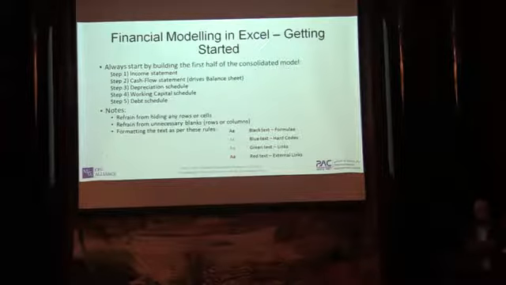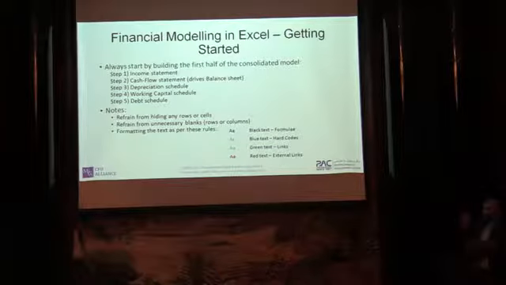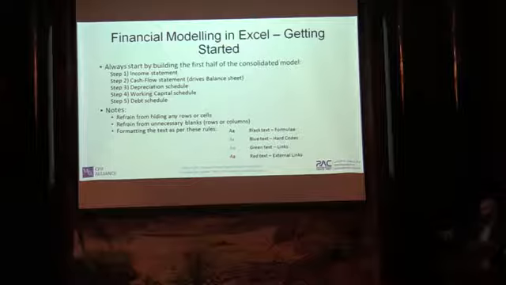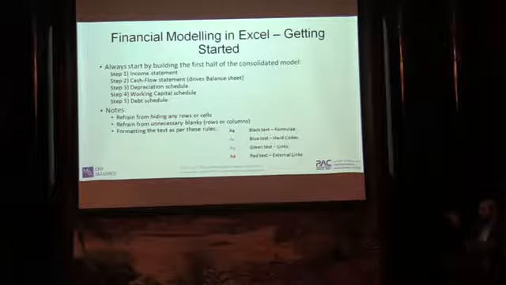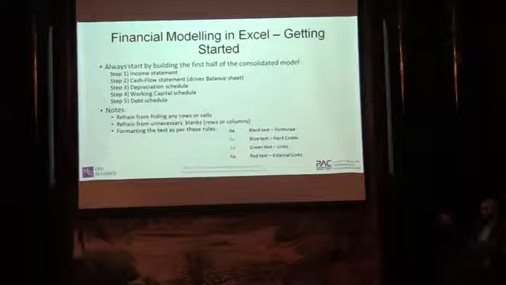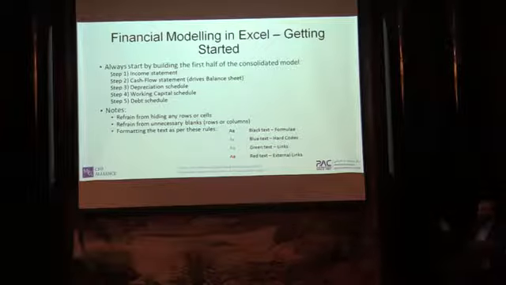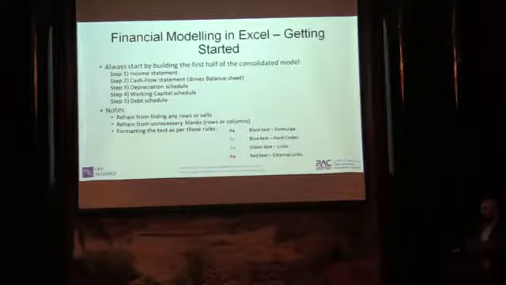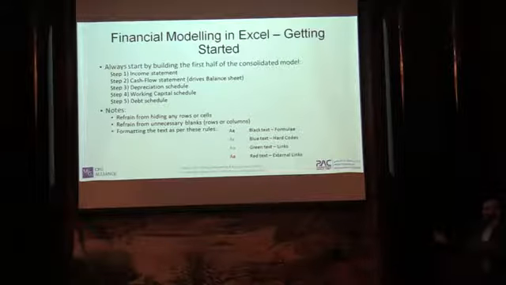The next part, how do we get started? Now, as I said, we follow these steps, 1, 2, 3, 4, 5. And then, rule of thumb for any good financial analyst, look at the formatting, okay? So if you have, suppose, a newcomer coming to your company, he would not understand how you are formatting your statements. This is the general rule of thumb when you are formatting a financial model. You have your black text, which is your formulae. Your blue, which is your hard codes or your fixed values. Your green text are links from probably the same page, and red is external links coming from another sheet.